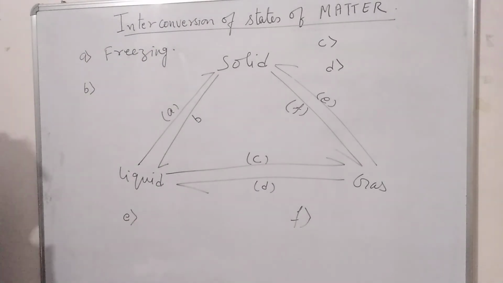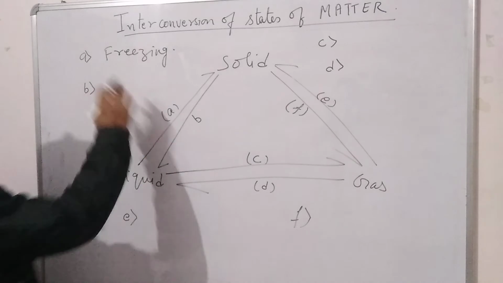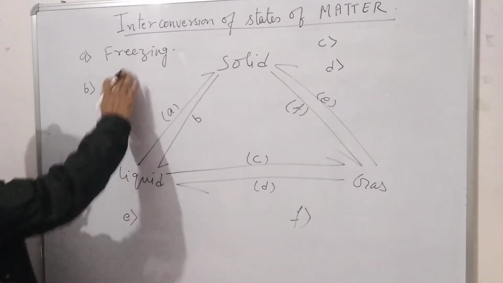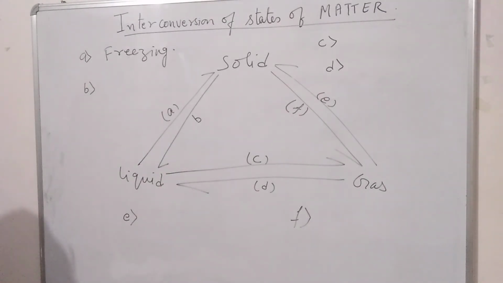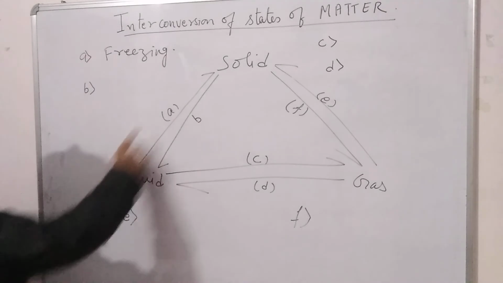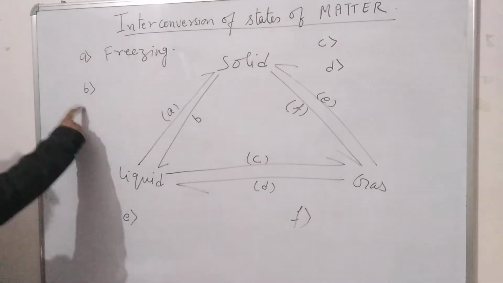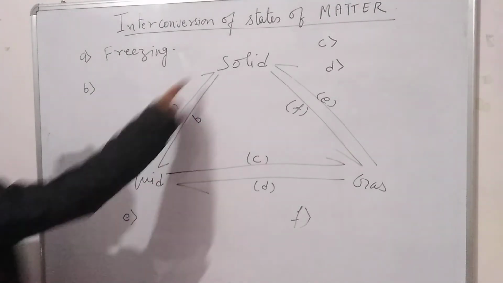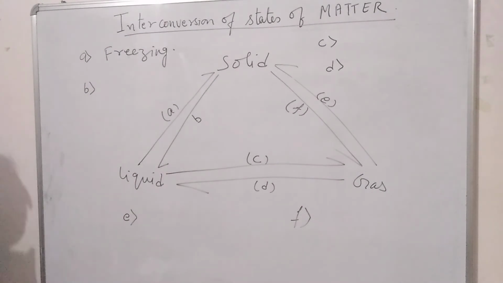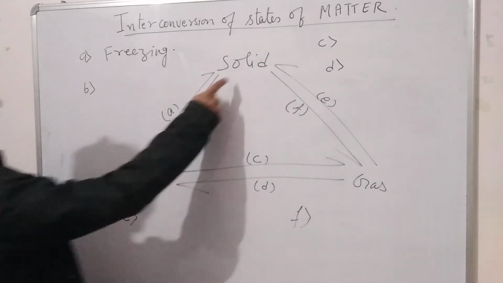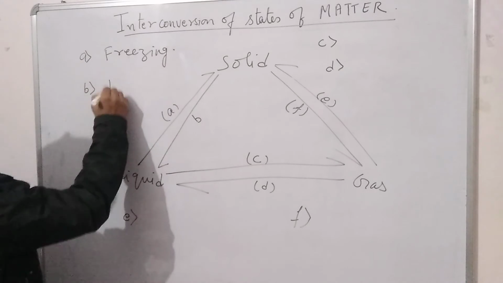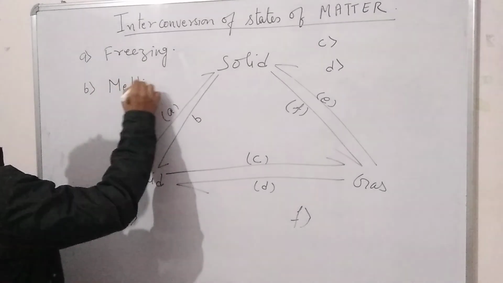Okay, A. Now there's the B. Now what was freezing? Freezing is actually a liquid state changes to solid state when the heat is released. So it is liquid state changes to solid. Now come to B. See the arrow here. So now solid state changes into liquid. When the heat will be absorbed, the solid state will be changed into liquid, and now here it will be melting.